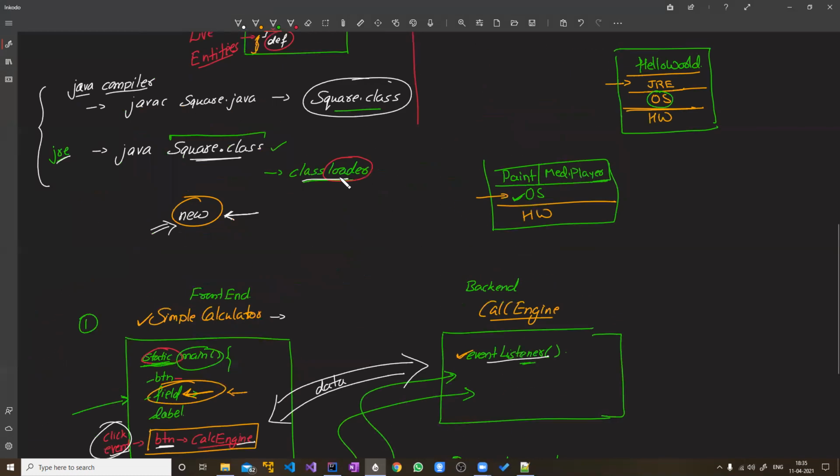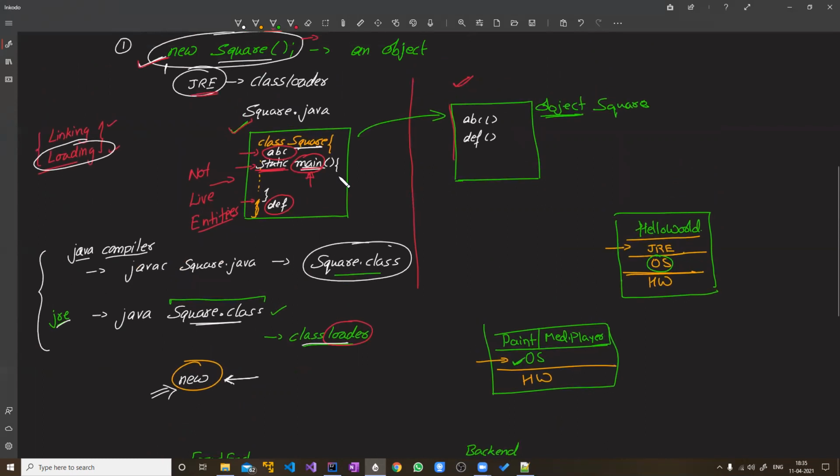Static, as we have understood earlier, main is the first function which has to be executed. If you remove static, then main becomes part of the object. If it is part of an object, then you should first create an object of that class and then call the main. So we'll do something similar to that. Not exactly that, but something similar. I'll show you how to do that.